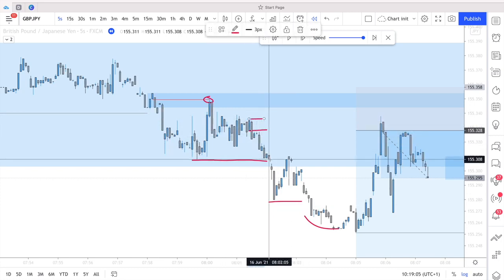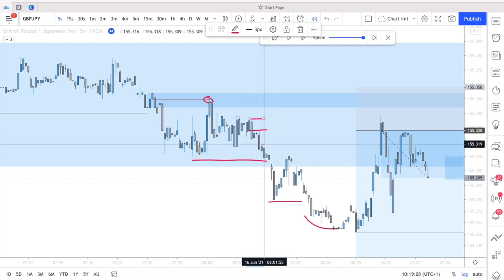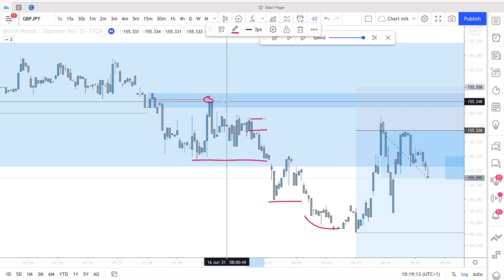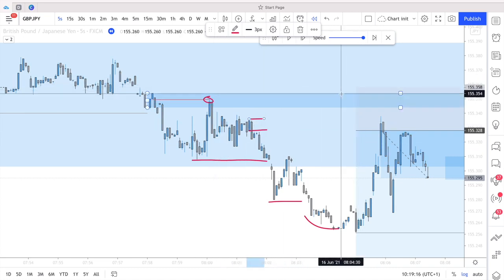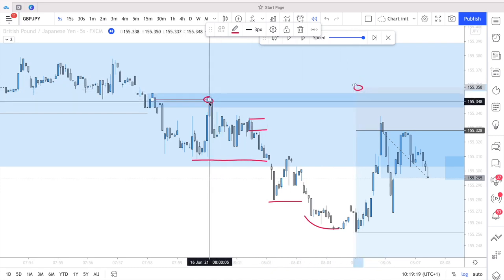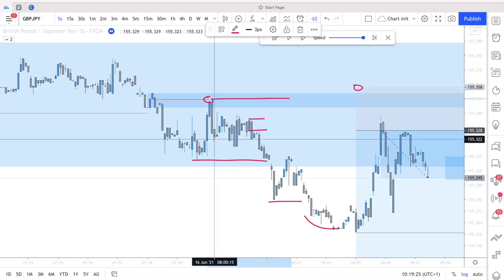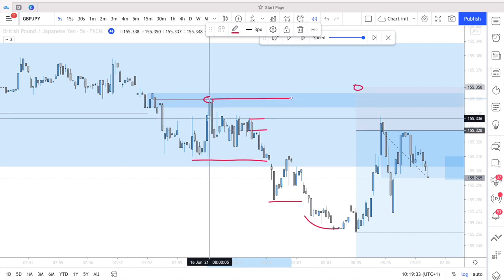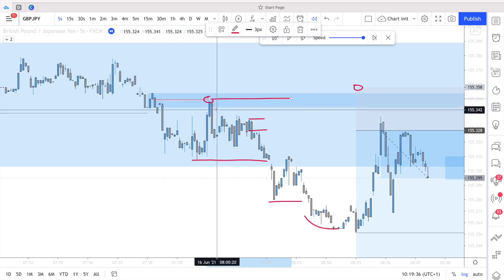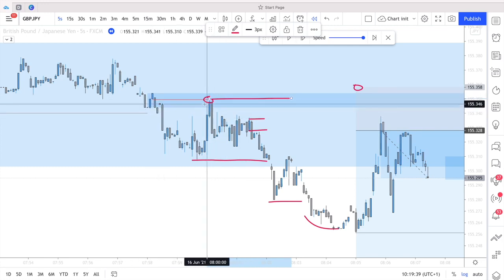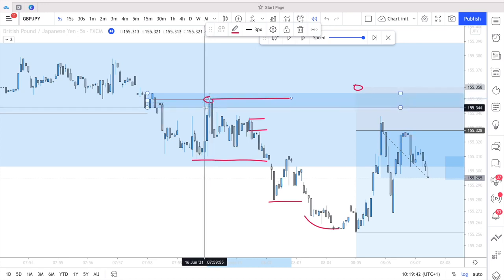Okay, obviously we've got these POIs, these OBs sitting here, but in terms of the extreme and understanding where the last point of invalidation would be, my stop loss was above this high purely because the last point of validation was here. An OB can either grab liquidity, or it can mitigate something, and you generally get a nice volume candle, right? Now, in this situation, this OB mitigated that. So there could still be something that's not been mitigated within this 5 second candle. Obviously, I'm not going to look any lower. That's just ridiculous. But there's still going to be something in there, which is why we need to understand that